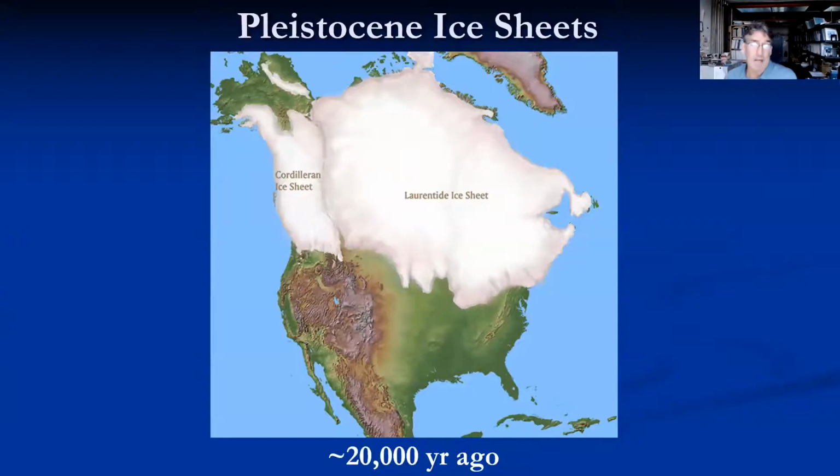Before I jump into that, I do want to quickly remind everyone about the last glacial maximum, the Pleistocene maximum, that happened about 20,000 years ago or so. Most of northern North America was covered in a couple of big ice sheets. The most prominent ones were the Laurentide ice sheet to the east, which covered the eastern 2/3 or 3/4 of Canada, and a separate ice sheet, the Cordilleran ice sheet, that was dominantly a big coalesced alpine glacier system. And that's what we're going to be focusing on here.